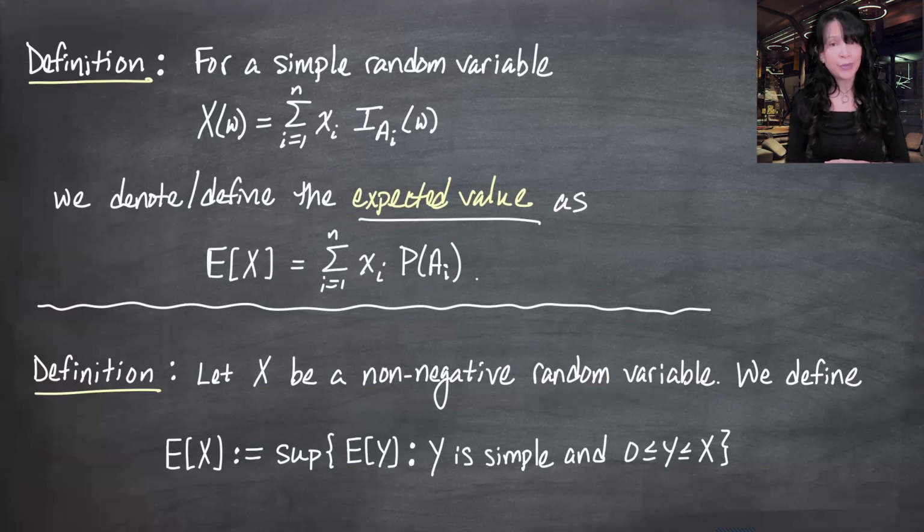A simple random variable is necessarily discrete, but not the other way around. We've yet to talk about distributions with names you might recognize, like an exponential distribution or a Poisson distribution. The Poisson distribution, as an example, or a geometric distribution, are discrete random variables, but they're not simple, because simple random variables can only take on a finite number of values. They are, however, both non-negative random variables,